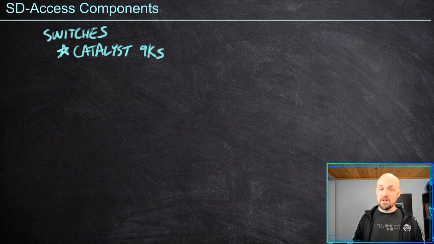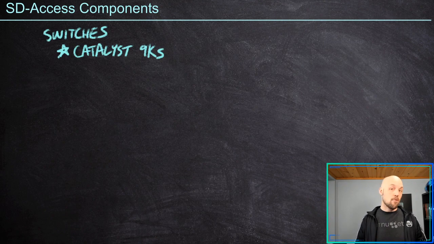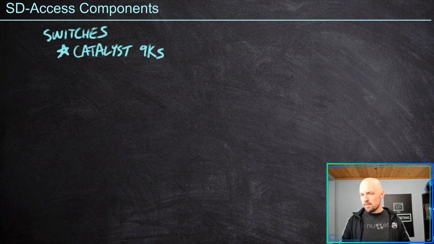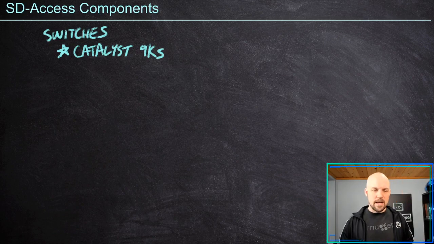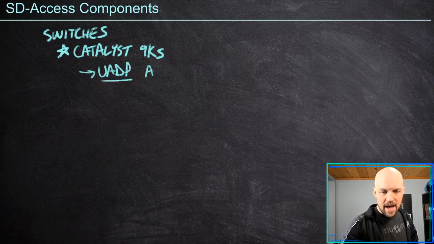If you called a Cisco partner today and said, hey, I need a switch, I guarantee you they're going to start the conversation on what the Catalyst 9K is going to be the best fit for your needs. But at the same time, there are a couple of other things that we need to be aware of that make these 9Ks special. The biggest one is something we call the Unified Access Data Plane, or UADP, and that's